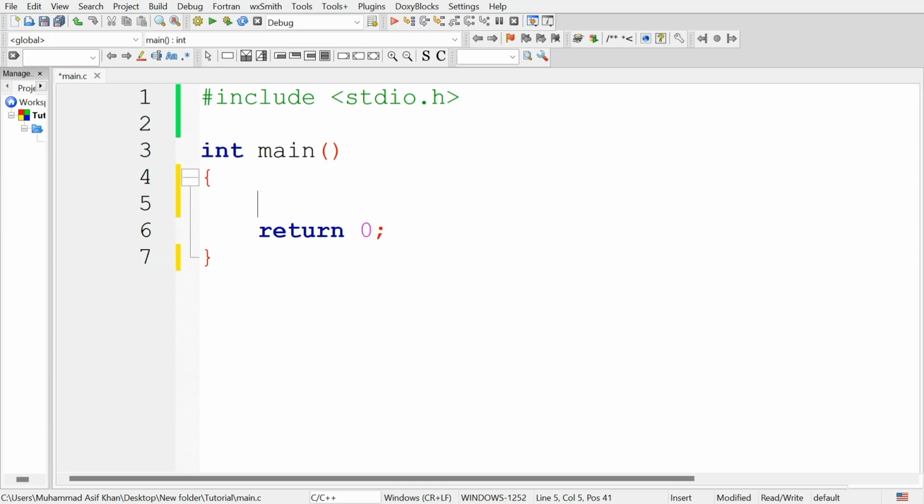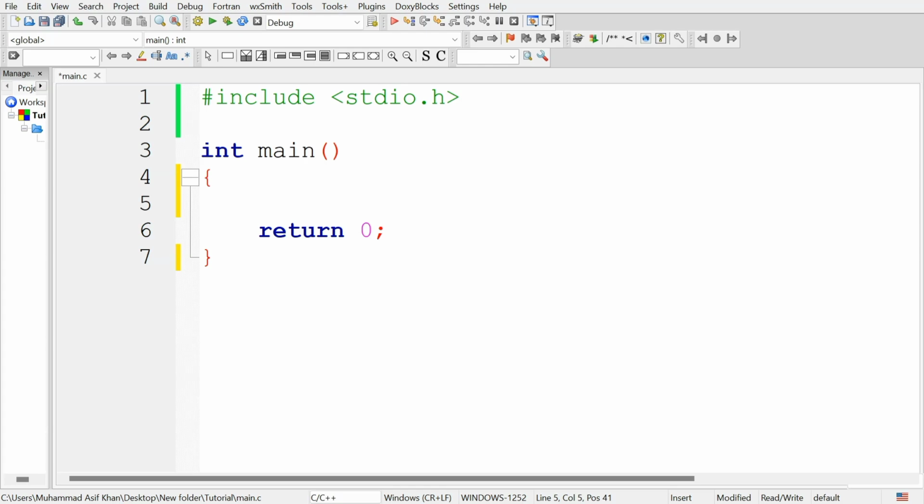First of all, understand what is a variable. A variable is like a container in your program that holds data. You can think of it as a labeled box where you can store information and retrieve it whenever you need. The data stored in a variable can change, which is why it is called a variable. For example, imagine you are writing a program to track your age. Instead of writing 22 everywhere in the code, you can store it in a variable and simply use the variable name whenever you need it.